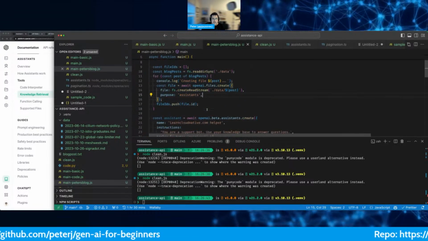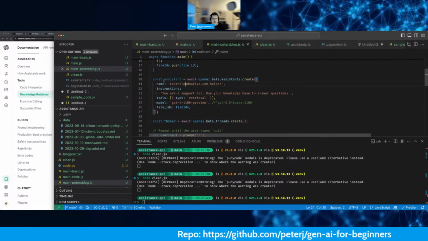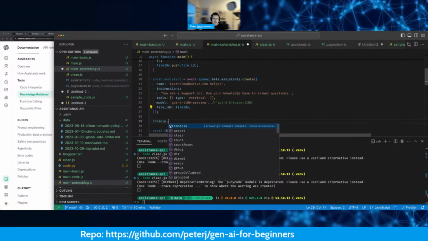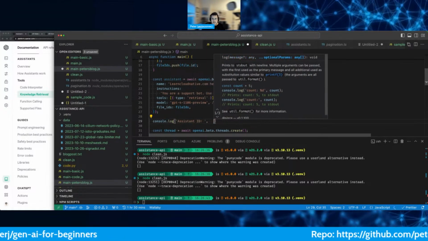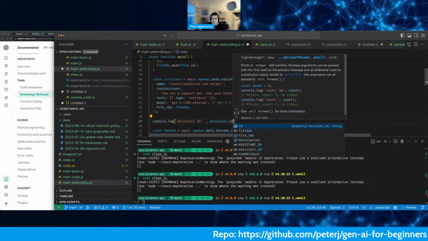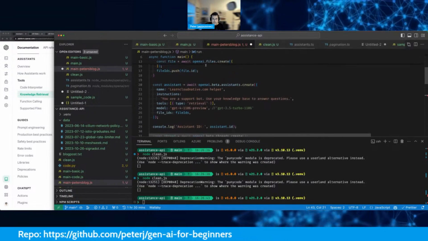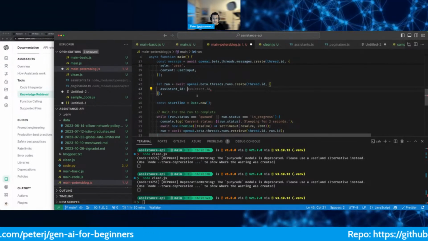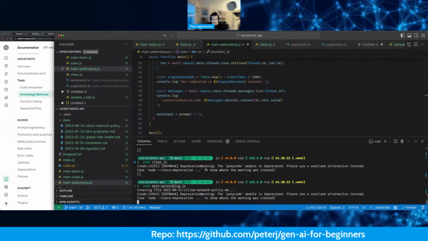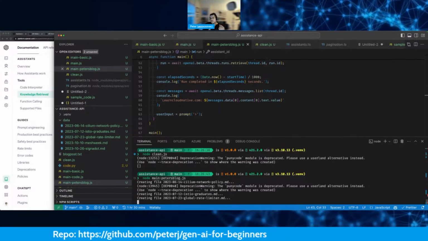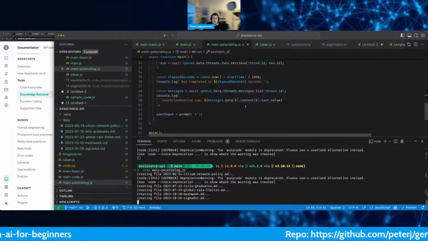Want to do it again? Assistant ID, no. Where are we creating this? Yeah, it didn't even get to this point, right? So we'll just say const log assistant.id, and then I have to do it down there, right? Well, actually, let's do assistant ID here, and then everything else stays the same. Let's run it again. Should be faster since it's only five files. But yeah, I didn't notice that there's a limit of 20, which I think it's fine because I could theoretically just